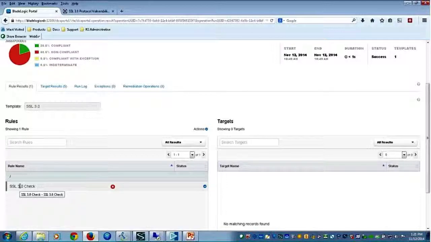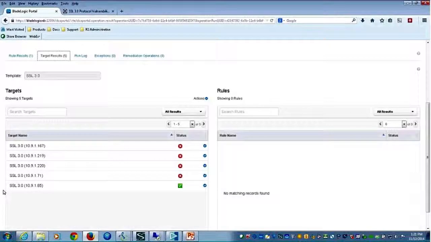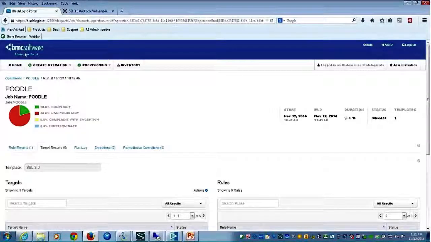And if you're not familiar with that Poodle vulnerability that came, it was basically SSL3 being enabled. So what we've done is gone out across those 5 machines. So you can see here my results, my targets across those 5 machines to see who had it enabled. And so now at this point, because I've deployed it to one, I've got one machine that has it disabled, and the rest, again, are enabled.